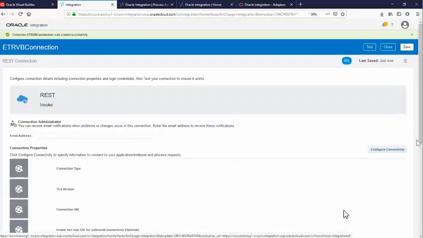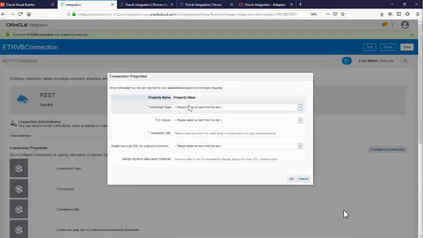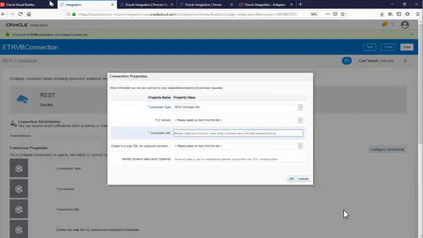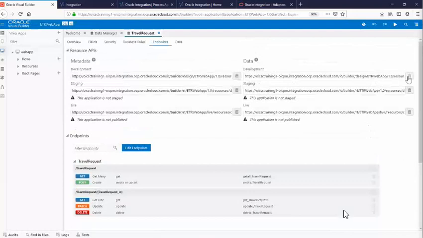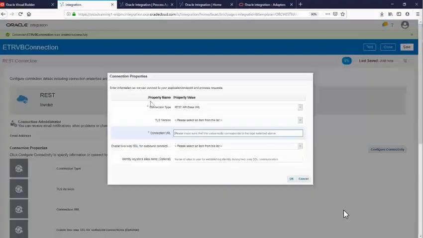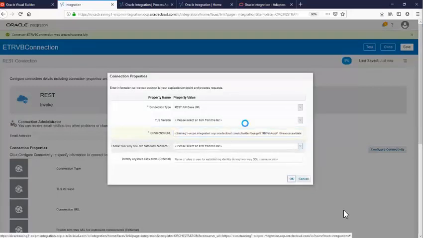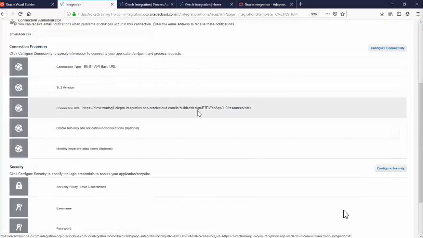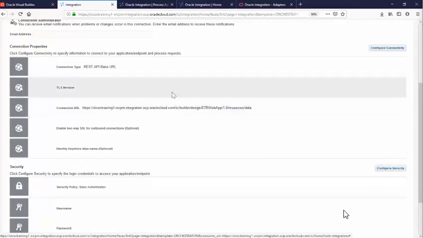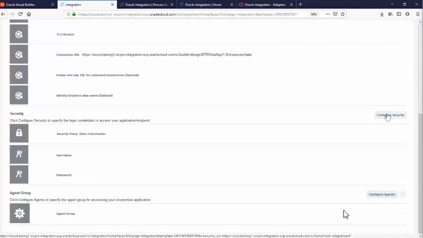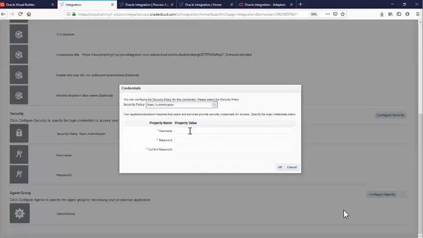So when I create this connection, I can configure the connectivity to this connection. So I can say I want to invoke the REST API, and what connection URL I need to use. It's basically the business object endpoint. I'll copy this business object endpoint and use it over here. Okay, so I'll just remove this particular path and click on OK. So I've configured the endpoint to which this adapter should go and connect to, and I'll also configure the security, because this business object is protected with a basic auth. Okay, so let's use